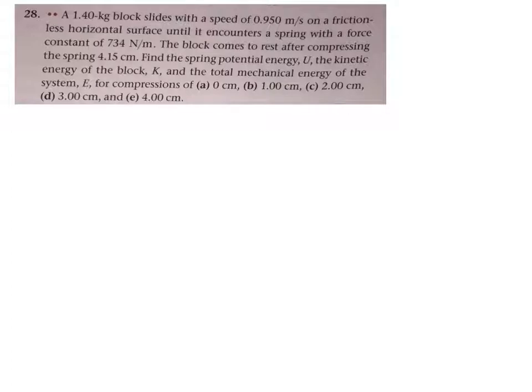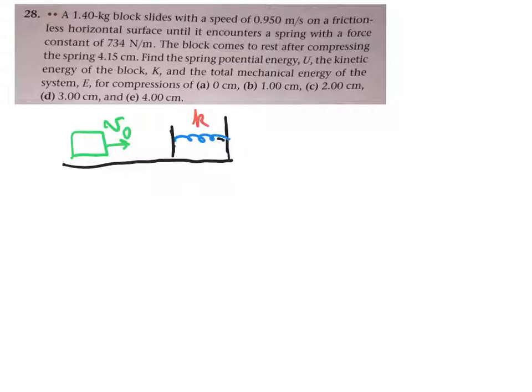So, to draw a picture really quickly, we have something like this, and there's a spring here, and the spring is hit by a block which is moving at some initial speed beforehand, and the spring has some spring constant that we know. And we're going to state this is like a wall, so the spring can't move out of the way. If the spring were free to move, then it's just going to move. So we'll assume there's a wall there forcing it to compress,